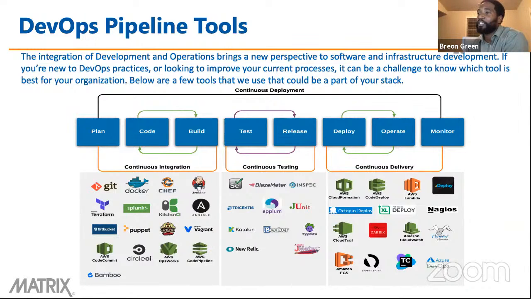Those challenges are essentially solved using these tools. Some of these, as you can see, like Jenkins, can be used across continuous testing and delivery. A lot of the tools play across both functional areas, or all of the functional areas.